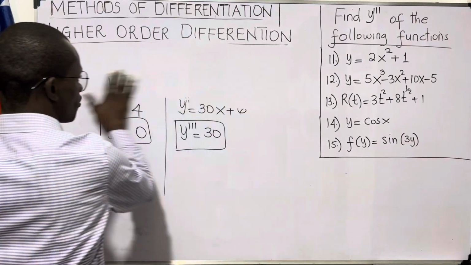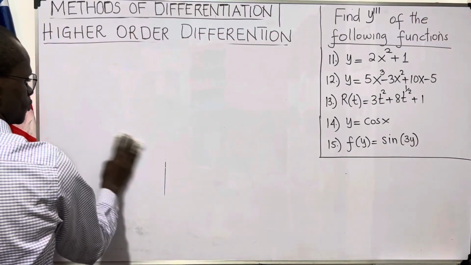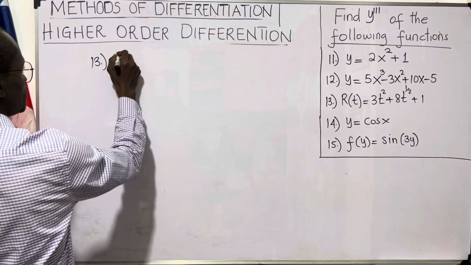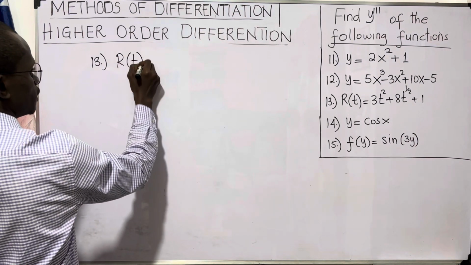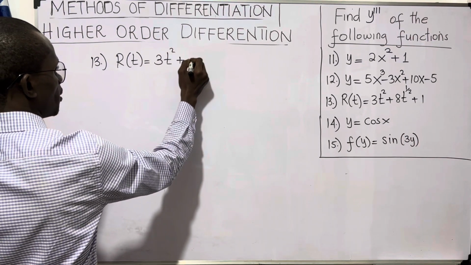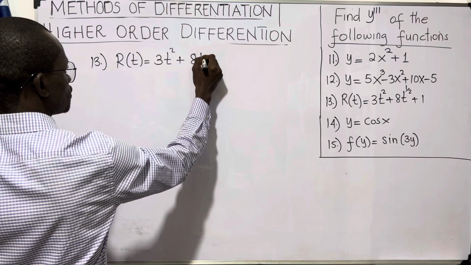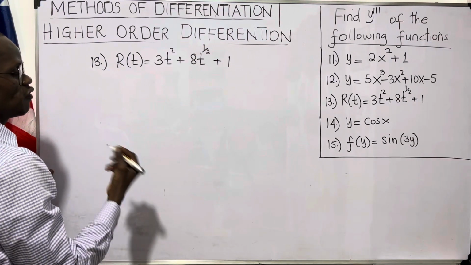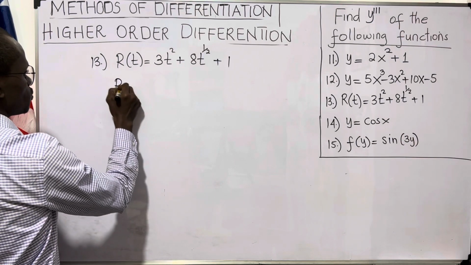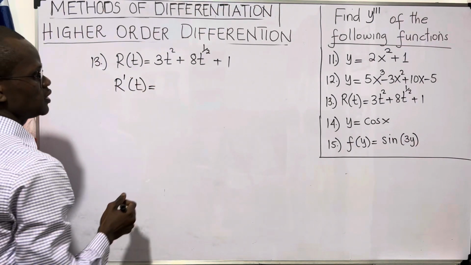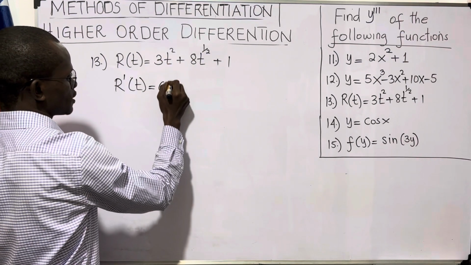Let's look at the third problem, which is question 13. So question 13 says r of t is equal to 3t squared plus 8t raised to the power 1 over 2 plus 1. So we find the first derivative. So we say r prime of t is equal to 2 times 3 is 6t